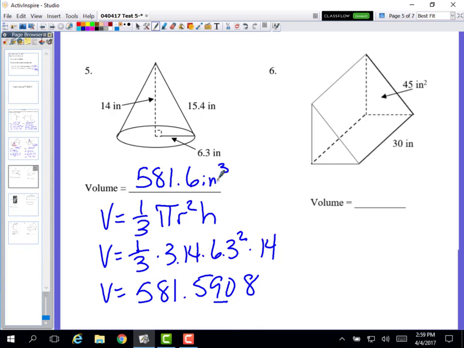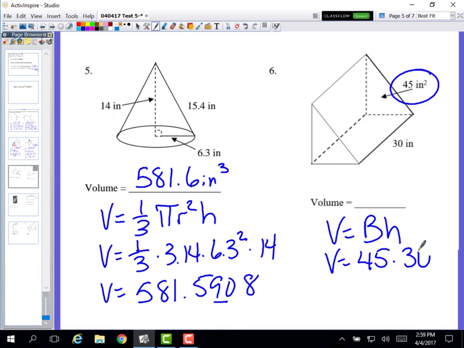Now on number 6, we have a triangular prism. But if you'll notice the information that's given here, it has 45 inches squared and an arrow pointing to the center of this base. Well, that is the area of the base. So in this particular problem, we're going to use the generic formula for a prism because that's the information that's been given. So volume is equal to 45 times 30. Multiply that together and we end up with